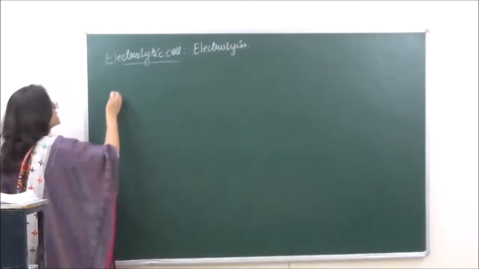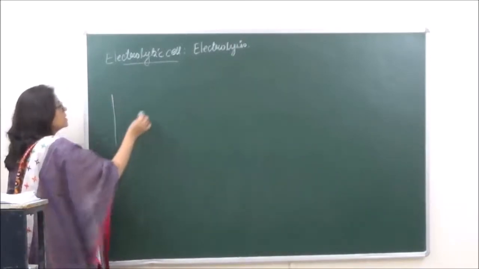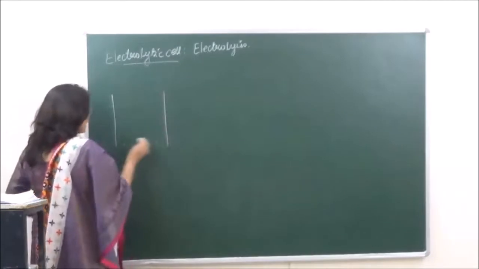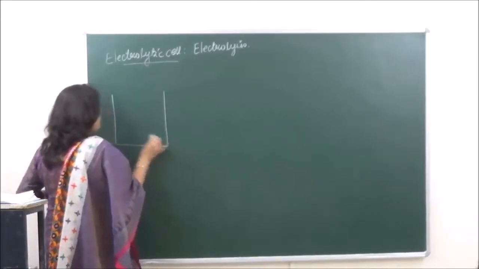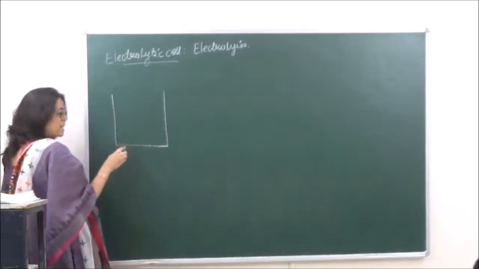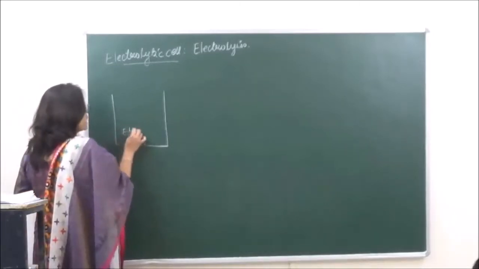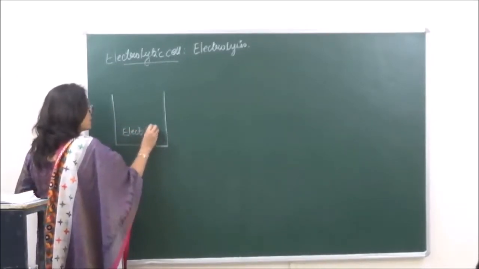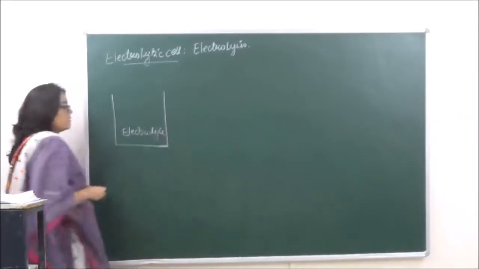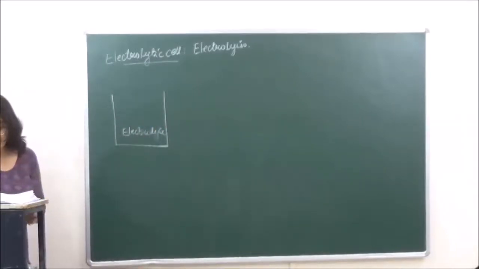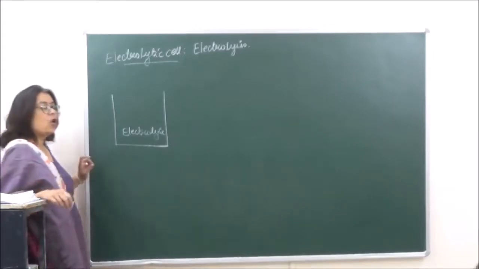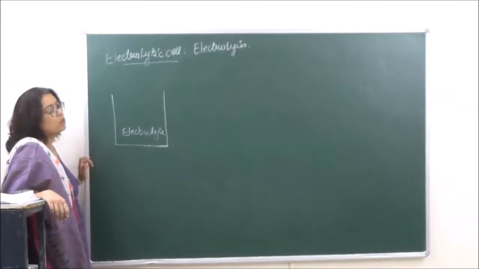The electrolytic cell consists of one beaker in which the electrolyte is taken. So in this beaker we are taking the electrolyte. We have already studied that the electrolyte should be either in the aqueous state or in the molten state,